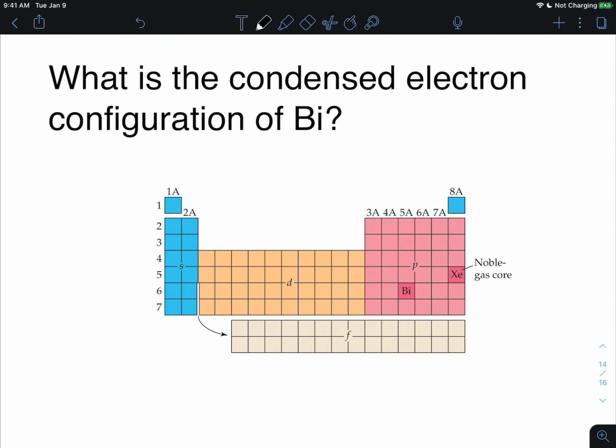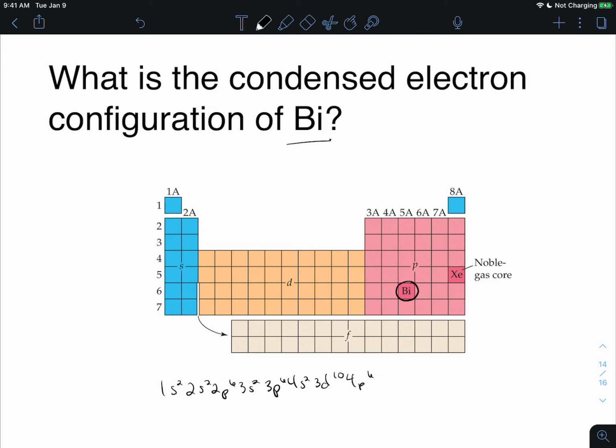So let's use our periodic table in order to figure out our condensed electron configuration. So here it is on our periodic table. If we were to give our full electron configuration using our periodic table, we see we have 1s2, 2s2, 2p6, 3s2, 3p6, 4s2, 3d10,